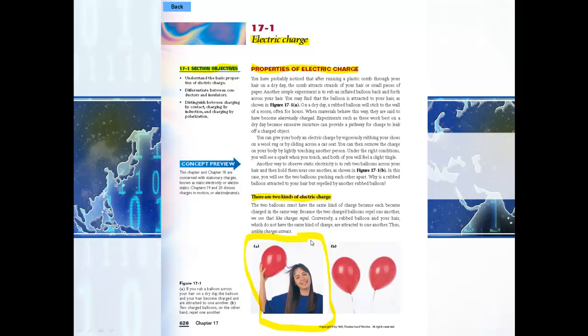So, for example, we see figure A down here, the girl with the balloon and her hair. We know this is a charged situation. Why? I have electric forces of attraction. That tells me A, I've got charges, and B, it tells me that they are unlike. So, unlike charges attract. In figure B here, again, I have a force, but I have a force of repulsion. So, when objects repel,